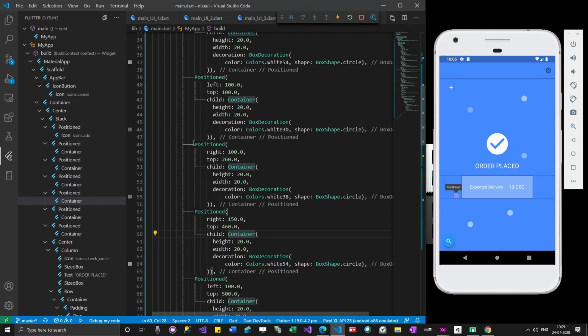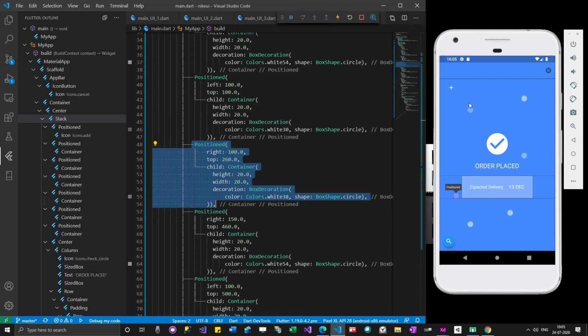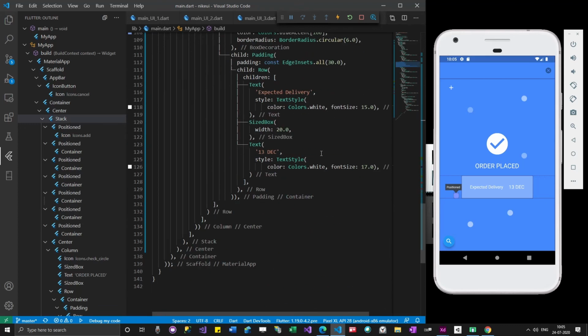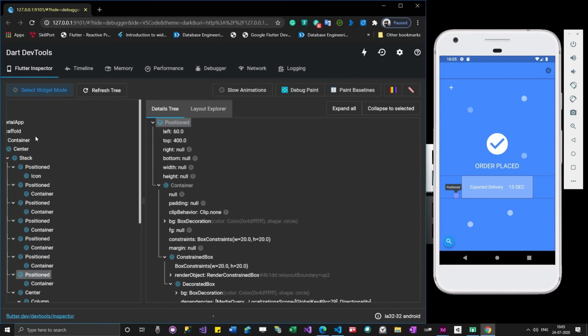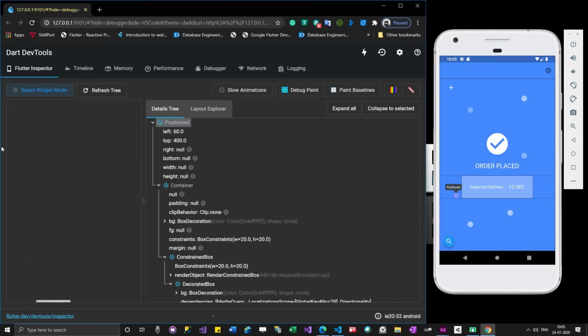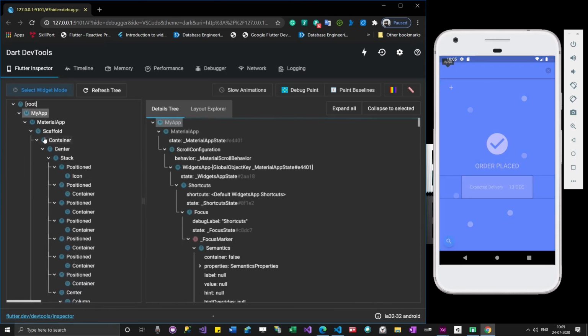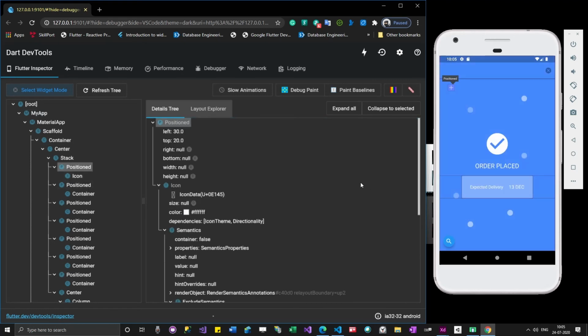Here I'm just copy pasting everything, right? We don't do it like that in modular code. In one place we'll add position widget with some container. Once if you want to make some circle, we will declare that as a different stateless widget and use it everywhere. We will pass position and everything over there. Likewise you can do it. So I'm closing the dev tools, but definitely this dev tools is slightly buggy for sure. But it will help you definitely.